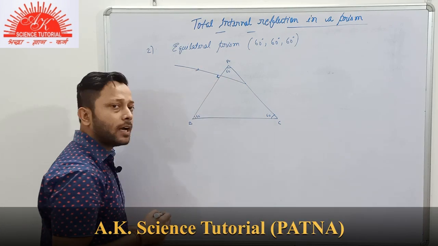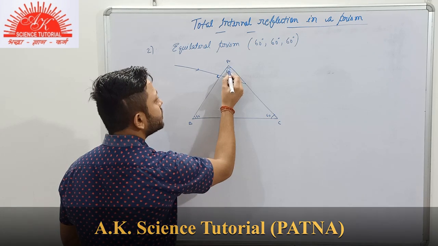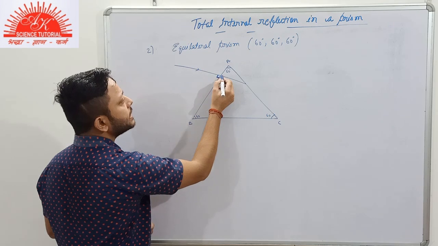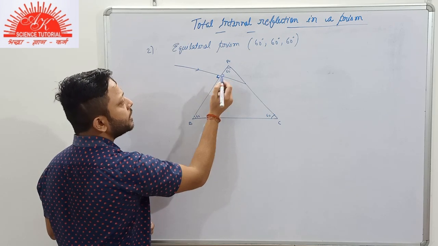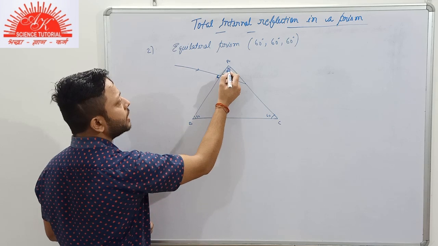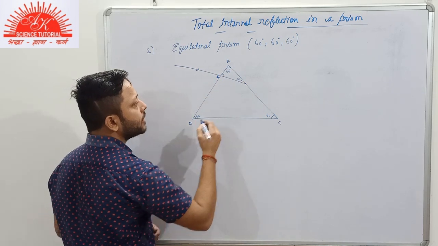Now you can find the angles on your own. I'll do this part for you. The rest of the parts, you will do on your own. This is 90 degrees. So obviously this angle should also be equal to 90 degrees. This is a vertically opposite angle. So this is also 90 degrees. This is 60 degrees. And the third angle will be 30 degrees.